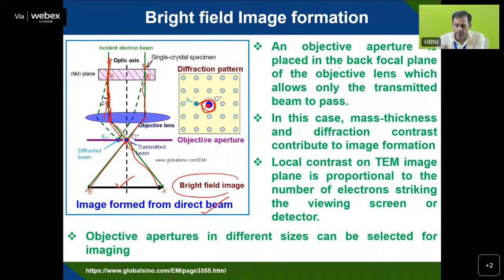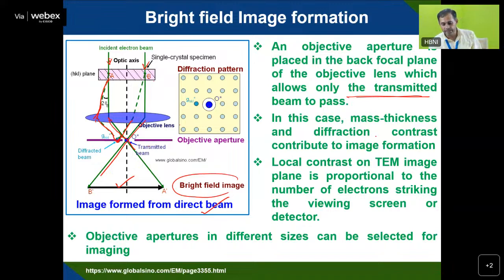And the objective aperture is placed. You can see the objective aperture is placed on the back focal plane of the objective lens, which allows only the transmitted beam to pass. You can see here the direct beam, that beam is passing here, while the indirect beam, the diffracted beam, is falling here, and this diffracted beam is not passing through the microscope to create the image. The diffracted beam is stopped here,